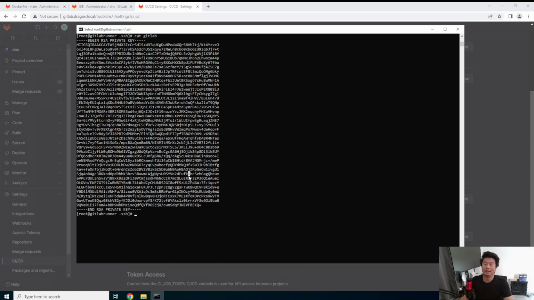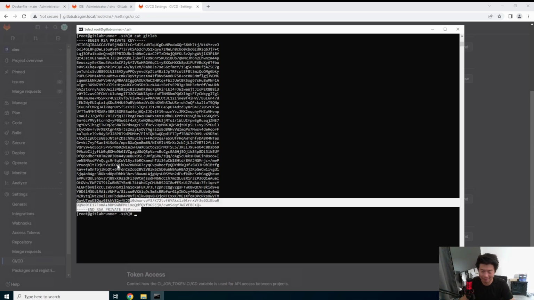Other thing, you see how I catted my private key? Don't ever do this in a real environment. This is a test key, so as far as I'm concerned, this key will just disappear. I won't even use it after this video, honestly. So it doesn't matter for my purposes, but if anyone asks you for your private key, don't ever share it. If they try to convince you, they're trying to do something sketchy. Don't ever give this to anyone. But anywho,